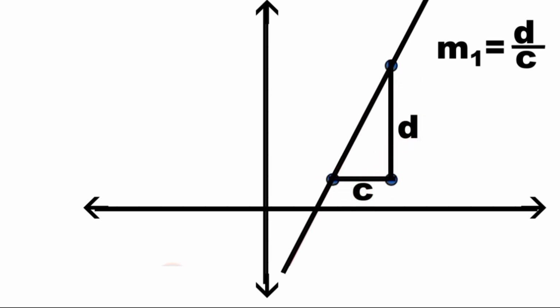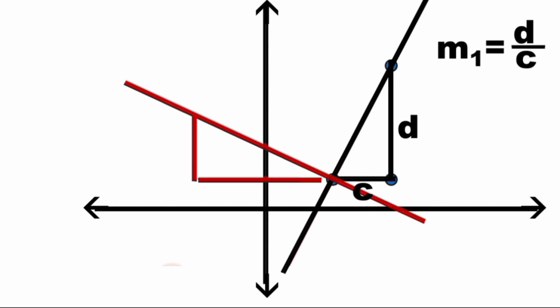Then if we rotate it, if we move this line perpendicular at this point, we have this one, and this d is equal to this distance, but it is negative since this is going to the left, and this one is equal to c. So this distance is equal to this one, so this is positive c. So our second slope is c over negative d,